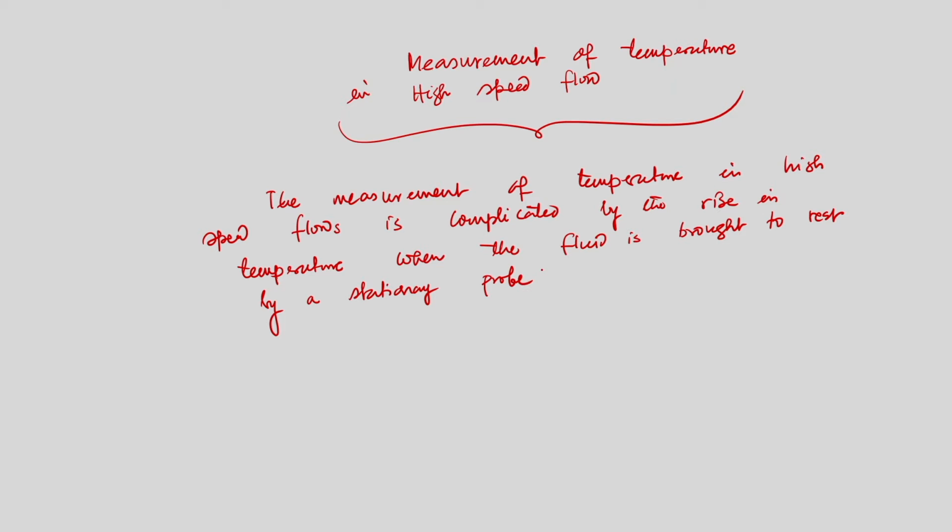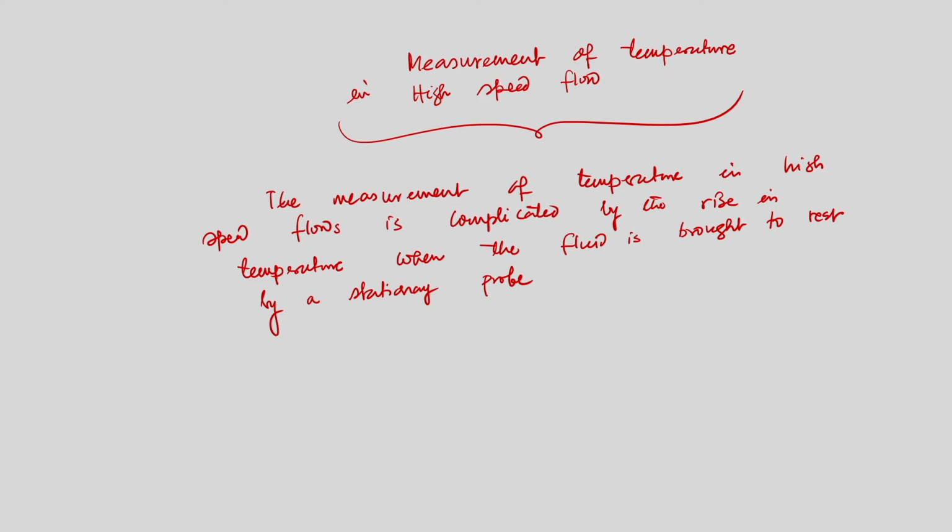That means it is not a case that the probe is moving with the fluid. Instead, we are putting the probe, and the placing of the probe decelerates the flow, and because of this deceleration there will be a rise in temperature, and that makes the measurement very complex. So, if we put a stationary probe in a high speed flow, the rise in temperature because of this process